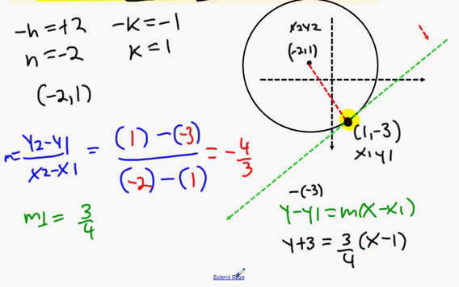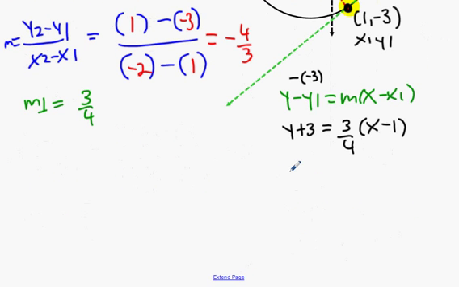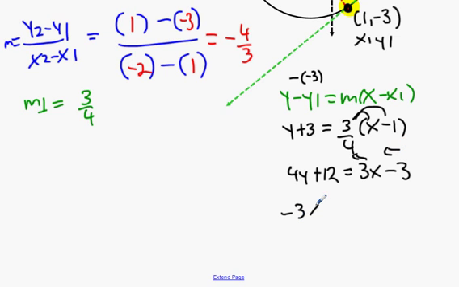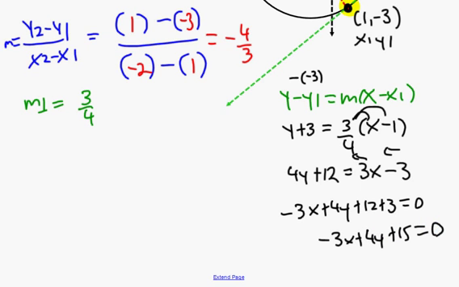Multiply the left side by 4. Then the right side. Minus 3. Bring everything to one side. Plus 12 plus 3, yeah. Minus 3x plus 4y plus 15 equals 0. Okay, who got